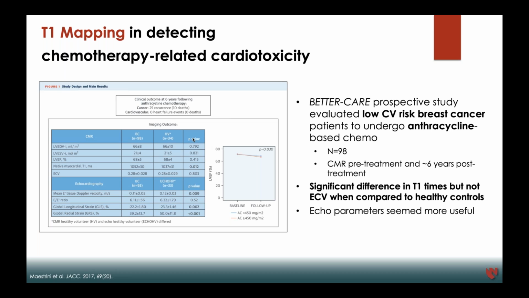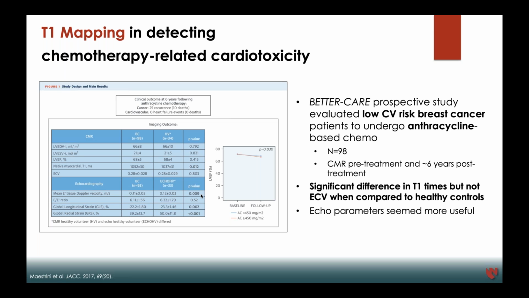Another study, the BETTER CARE study, was a prospective trial where they looked at low cardiovascular risk breast cancer patients who were going to undergo anthracycline-based chemo. They got cardiac MRI and an echo pre-treatment, and then after they completed their treatment, on average 6 years after, they found that yes, down the line, there was a significant difference in T1 times in the anthracycline receiving group versus the controls, but there was not a difference in ECV between the anthracycline treated